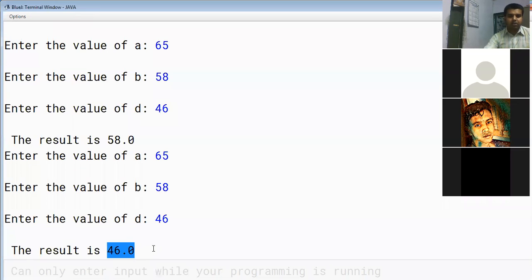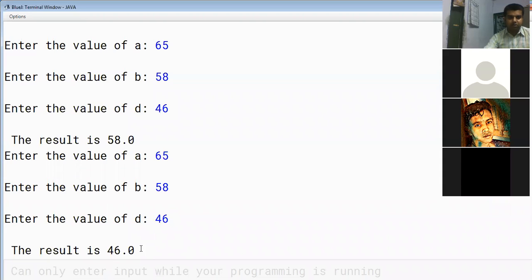Why? Because my inner condition is Math.max. So out of A and B, whichever is the maximum value, that result comes out and is compared with the value of D with Math.min. Now 65 comes out from this result, so 65 and 46 you will compare.